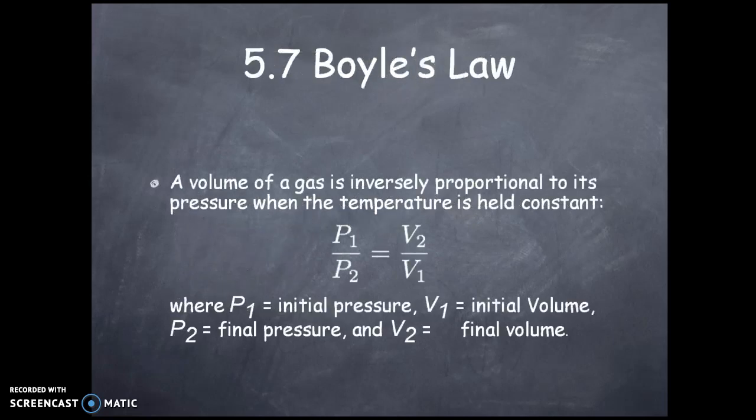The volume of a gas is inversely proportional to its pressure when its temperature is held constant. So Boyle's law tells you that as long as the temperature is constant, whenever you increase the pressure, the volume will be lowered. And if you lower the pressure, then the volume will be increased. In other words, pressure is inversely proportional to volume. The same thing can be expressed as P1 divided by P2 equals V2 over V1. P1 and P2 are the initial and the final pressures, and V1 and V2 are the initial and the final